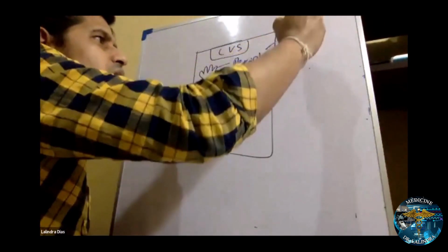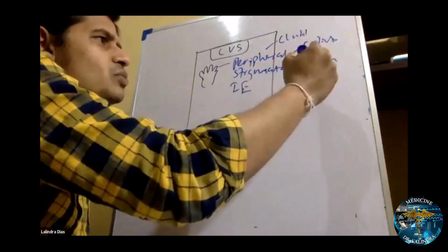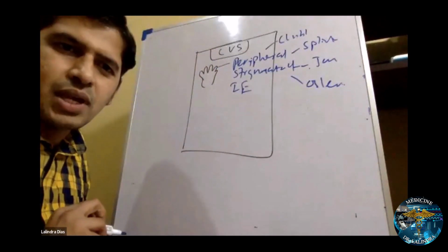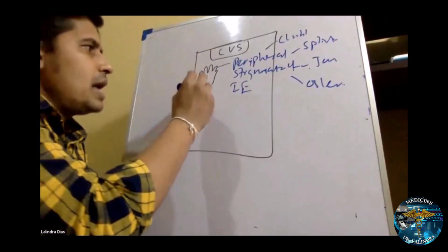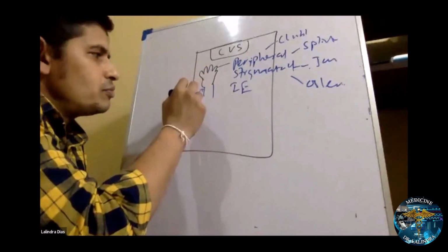Clubbing. You look for splinter hemorrhages. You look for Janeway lesions. You look for Osler nodes. Right, like that. You give a small breakdown there. Then in the hand, the next is, you draw here and you put an arrow here to the radial